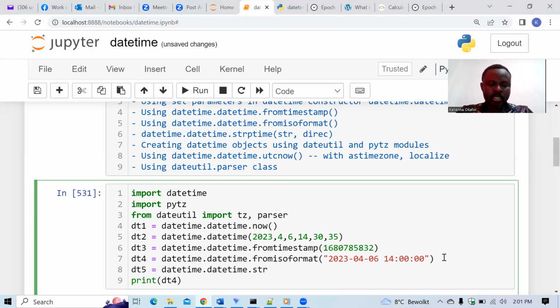So strptime, which is string parse time. Okay, and what are the arguments I should provide? Yes, so there's a string part. You know that I want to parse time from a string, create a datetime from a string, right? So I'm going to provide the string that needs to be parsed and provide some directions, right? The direction, in what format basically should the datetime be created. So the string first